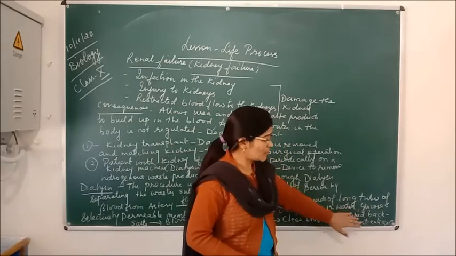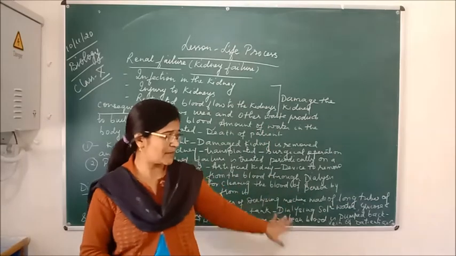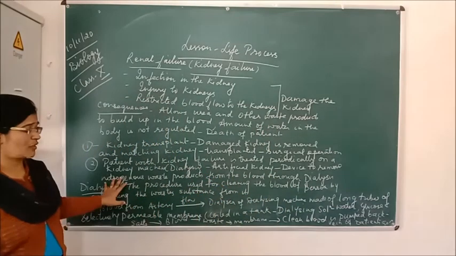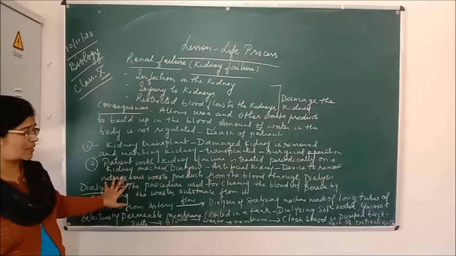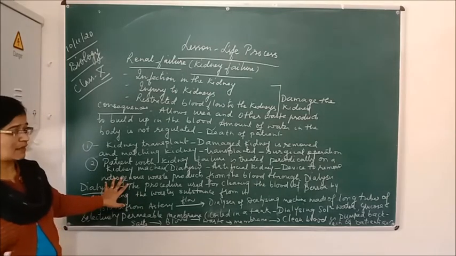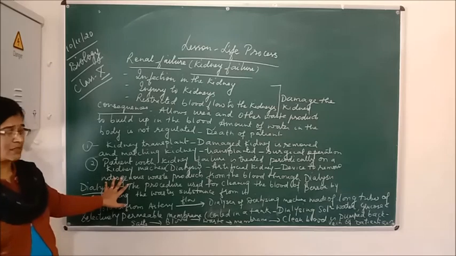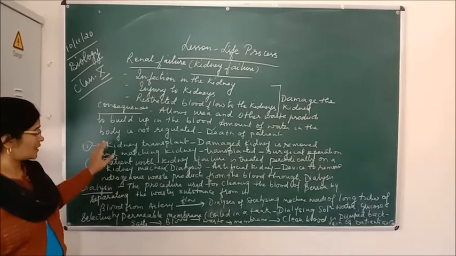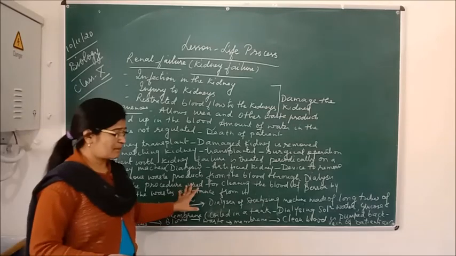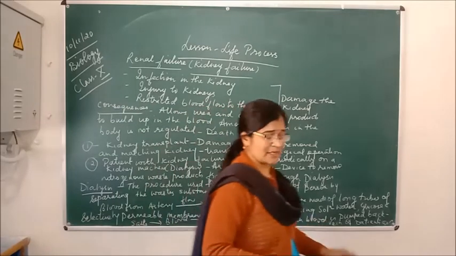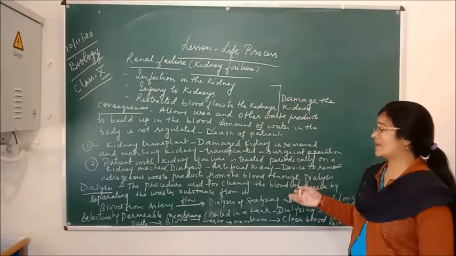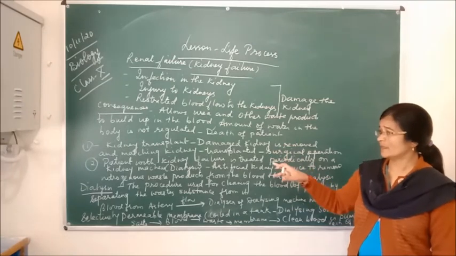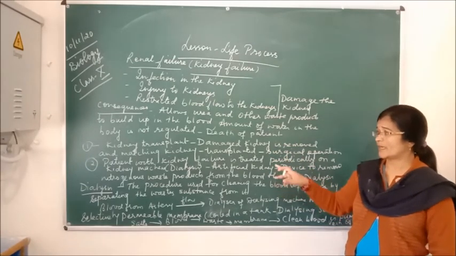From there it enters the body of the person. Whatever waste was collected gets removed, and the clean blood is then transported into the body. In this way a person can survive. So these are the two processes by which kidney failure patients can survive, either by kidney transplantation or by the dialysing procedure on a dialysing machine.